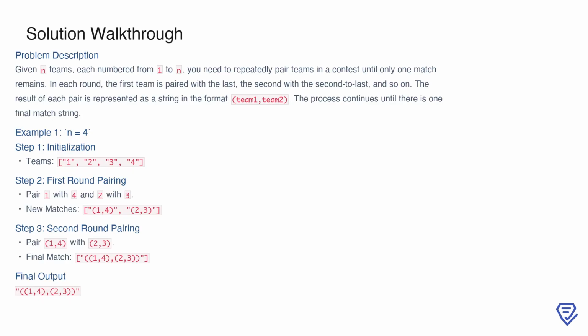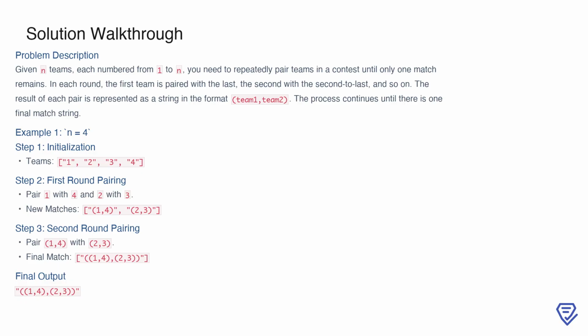In this problem, we are tasked with pairing teams in a contest until only one match remains. The teams are numbered consecutively from 1 to n, and in each round, the first team is paired with the last, the second with the second to last, and so on. The results of these pairings are stored as strings in the format (Team 1, Team 2). This pairing process continues across multiple rounds, repeatedly halving the number of matches,